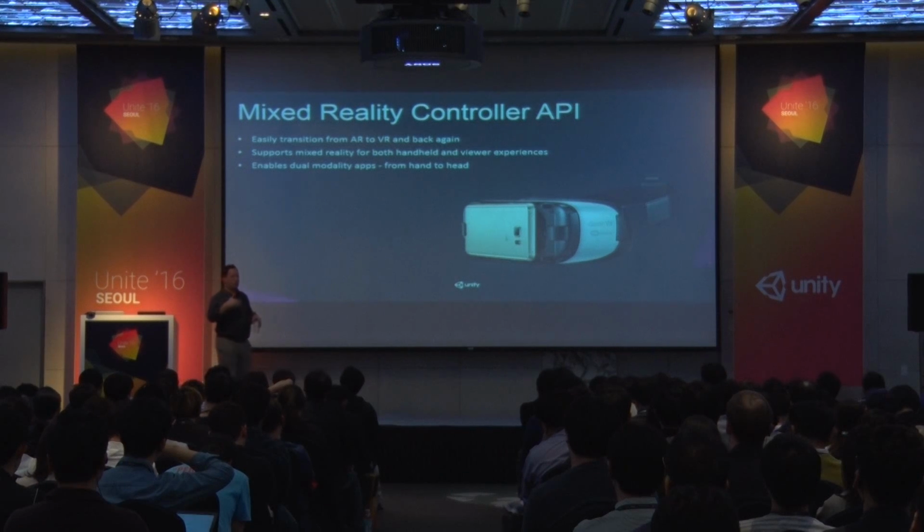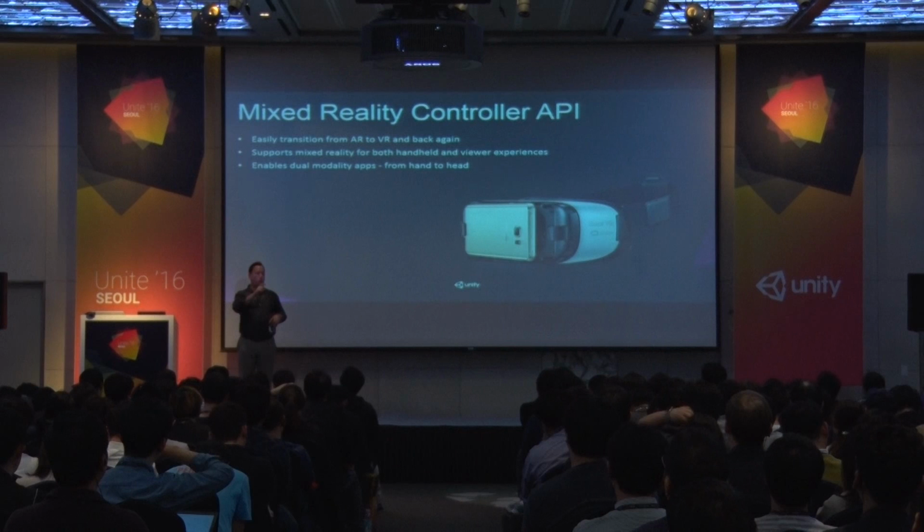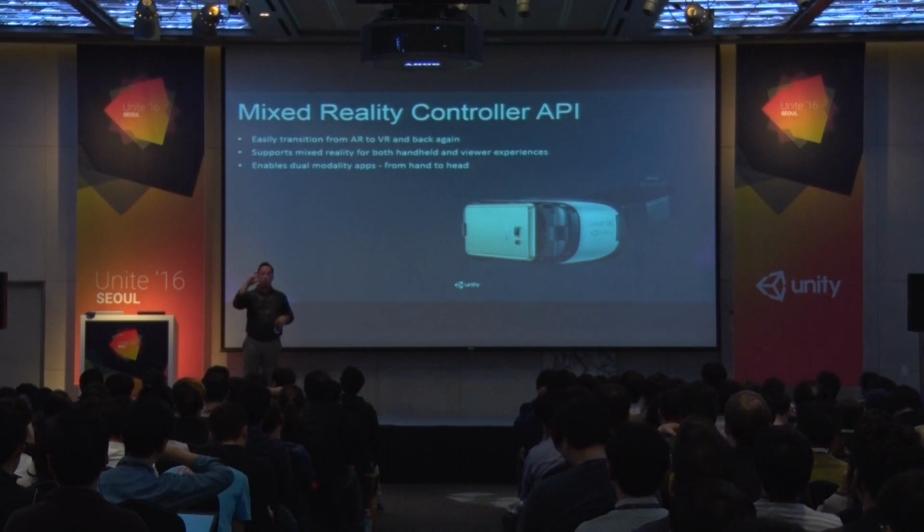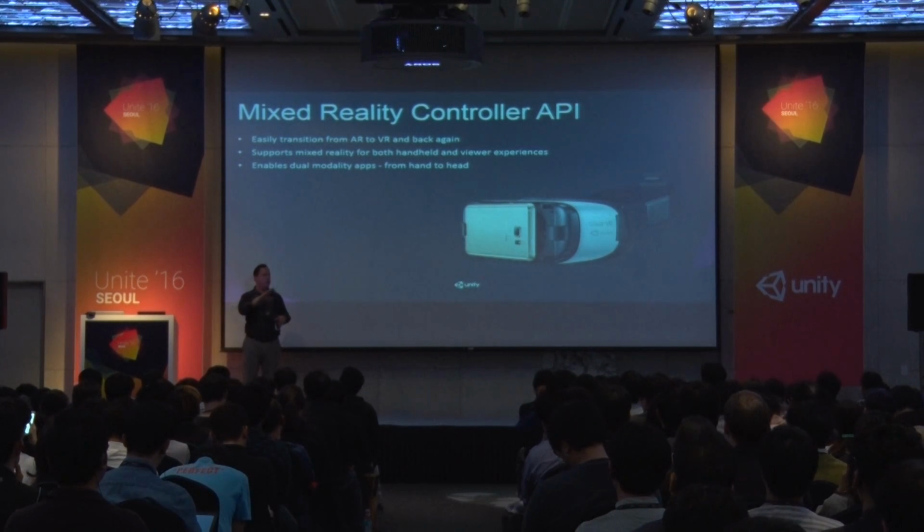What happens when you're transitioning behind the scenes between AR and VR is that you have to turn off the device camera, you have to turn on video background rendering, you have to change other elements of scene rendering, you have to set up the stereo rendering for any of the viewer-based experiences. So this really does all of that behind the scenes. You don't have to execute that call sequence yourself.